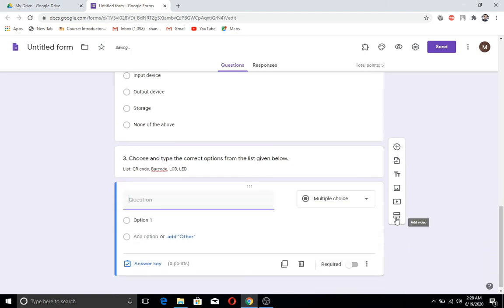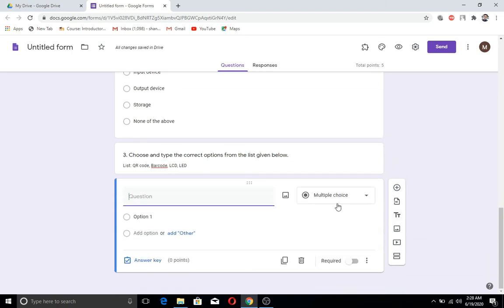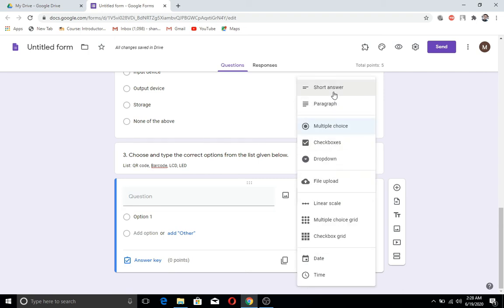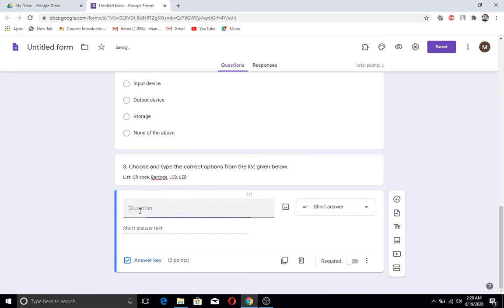It's not a multiple choice question, so I need to change the option from here. It will be a short answer question. So click it, the short answer, and now I'll write the question.